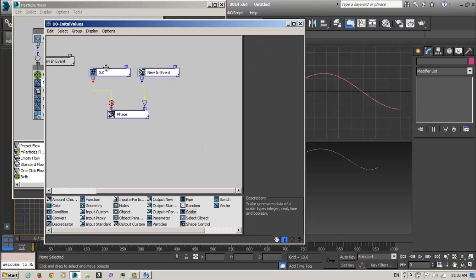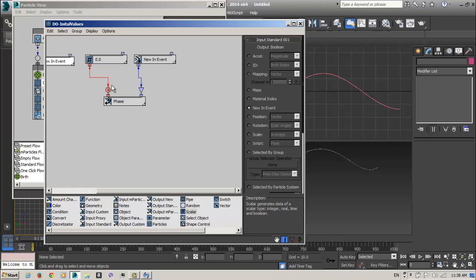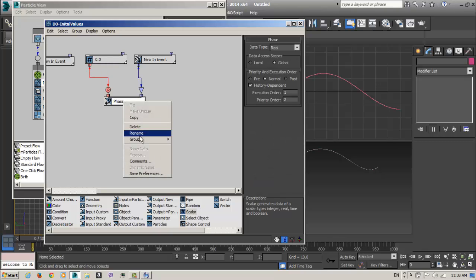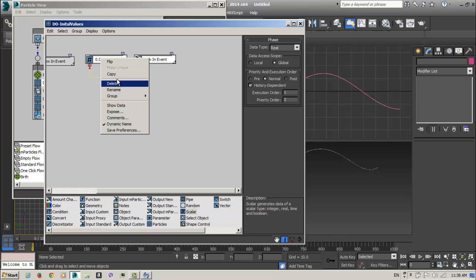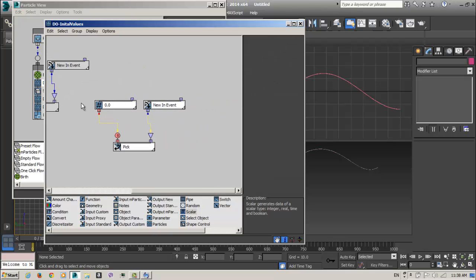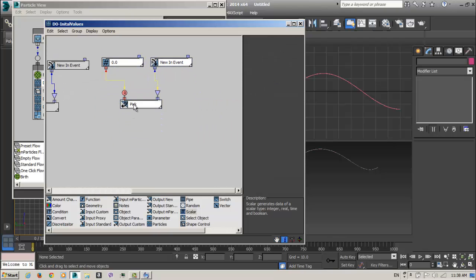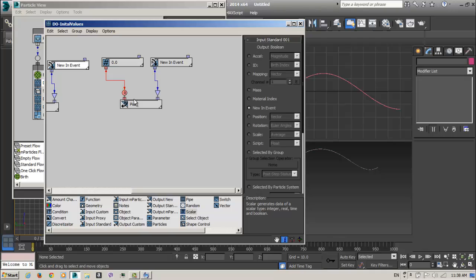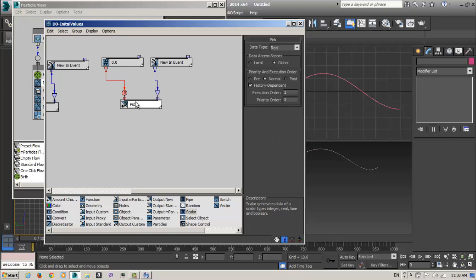We create another variable, and we rename this one to pick. Okay, and I create also another one, make it copy, make it paste. This one I want to rename spawn test.